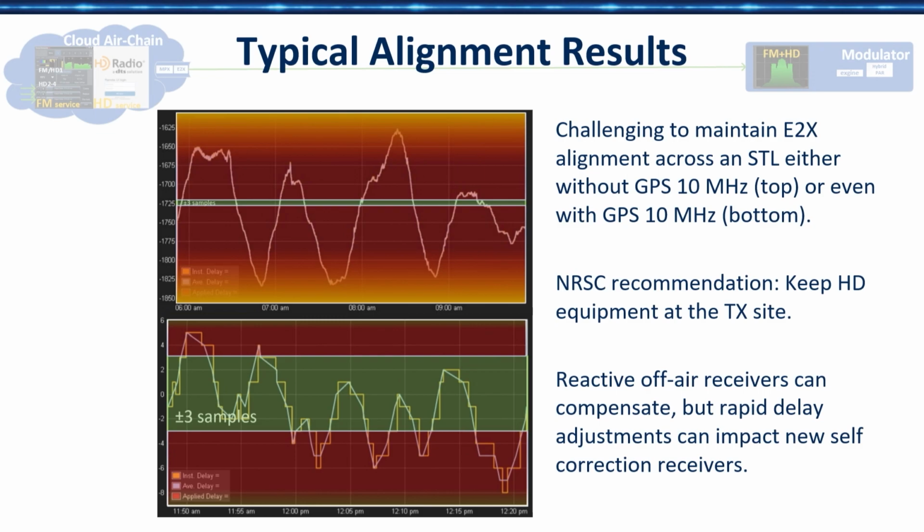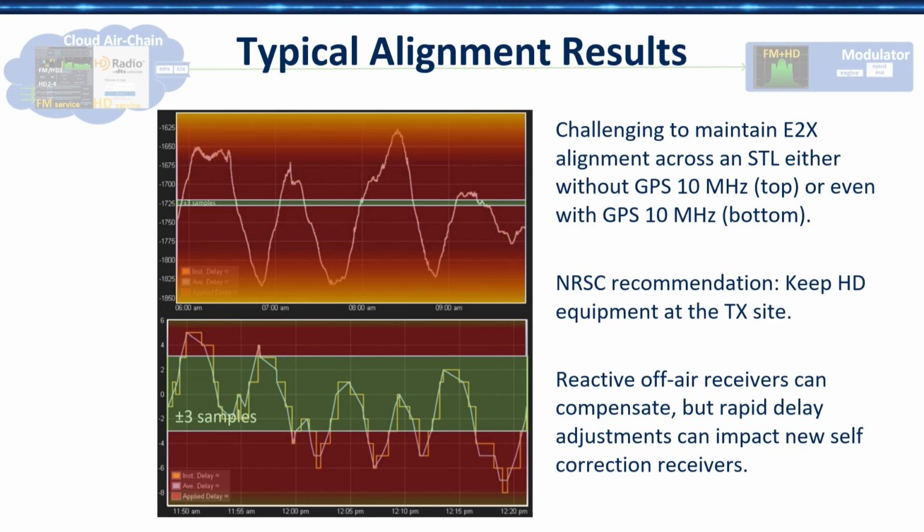So if your broadcast plant is moving too fast, and your receiver's trying to keep up with it, it may just give up. And what happens is, if the receiver can't achieve solid lock, some of them will entirely turn off your HD. So you've just done an HD conversion, and the receiver won't even play it. Now that's only some of them, but it's going to be a more prominent class as we move forward. So the latest update to the NRC specification put limits as to how fast you can change the broadcast plant delay, but it also limits the effectiveness of that method.